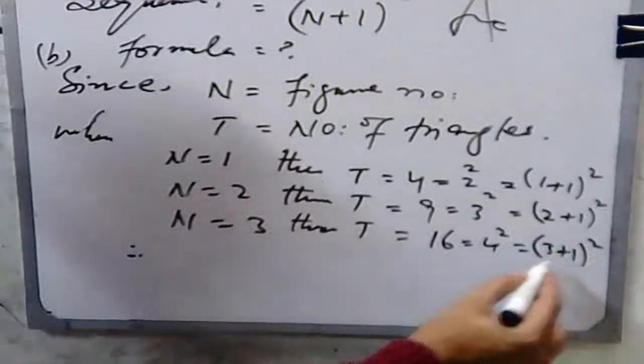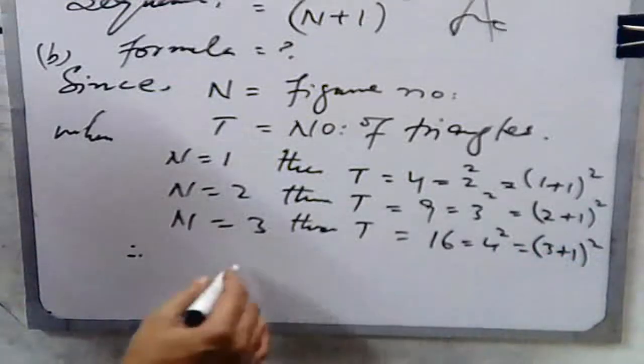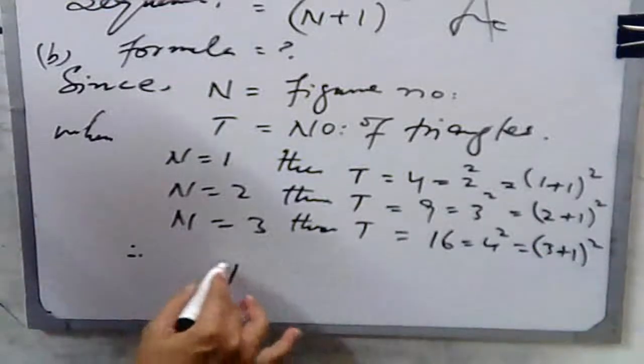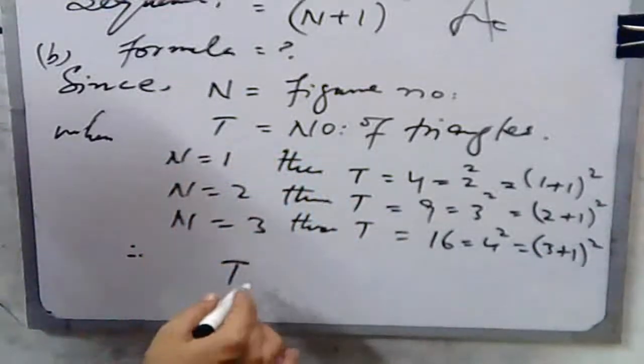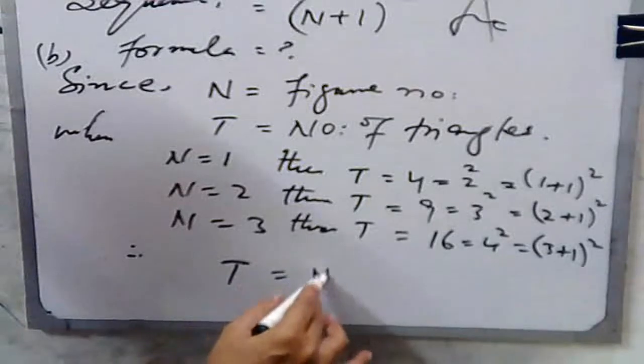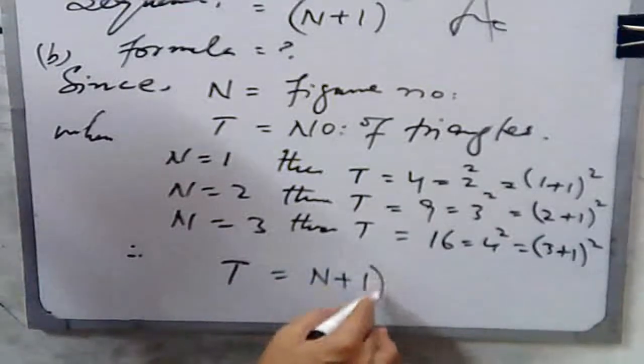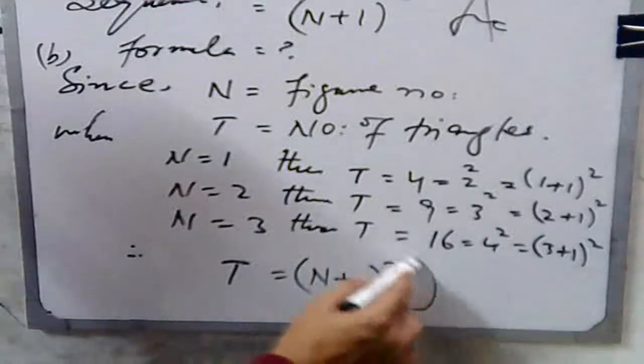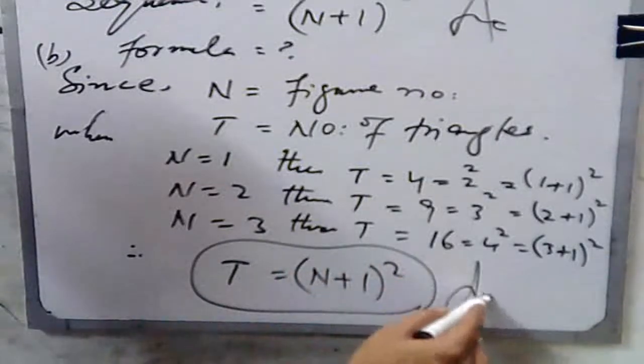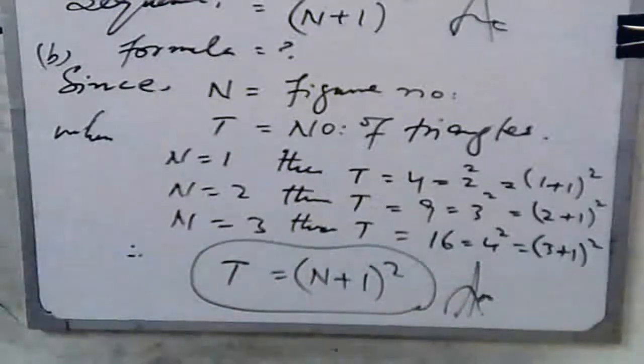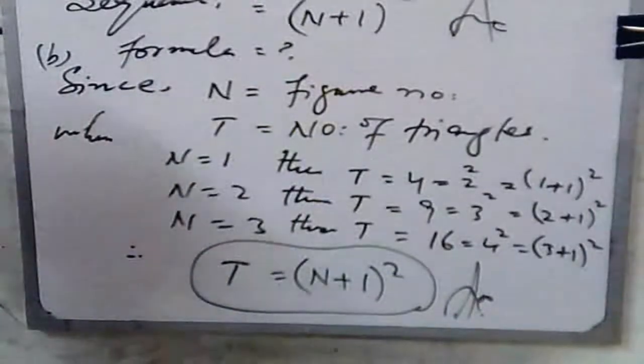So the formula which has been deduced from this given data, we have come to this conclusion. Once again, initially I have written here n plus 1 whole square, so that is your required formula. So we have made the formula, that is your required result. So coming to the C part,